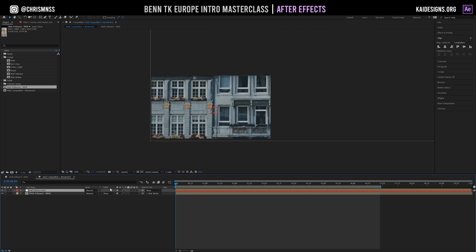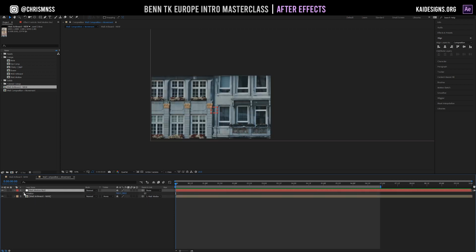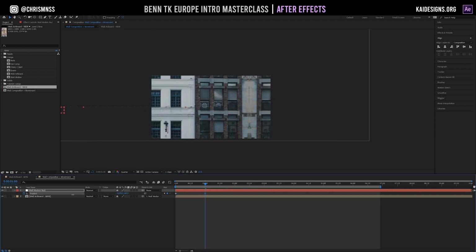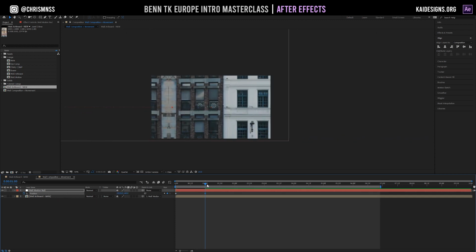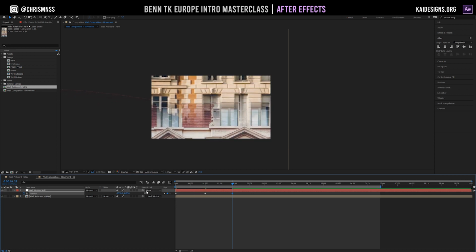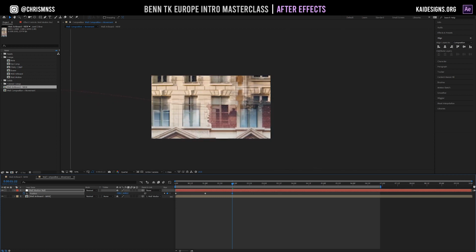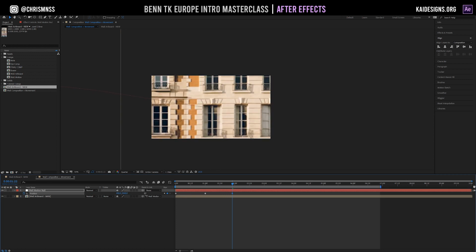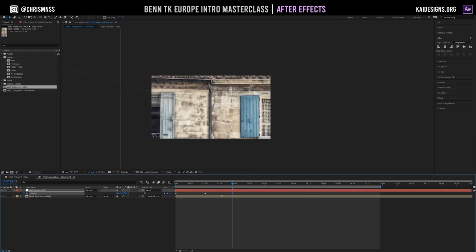So if we zoom in here and we go ahead and select our position and then move over here to a minute and then slide this sucker out, we're gonna swing him over there. He's gonna start that way, and then maybe around here, he's gonna start coming up a little bit more. And then he might even start drifting over a little bit more, and then we want him to end at like a